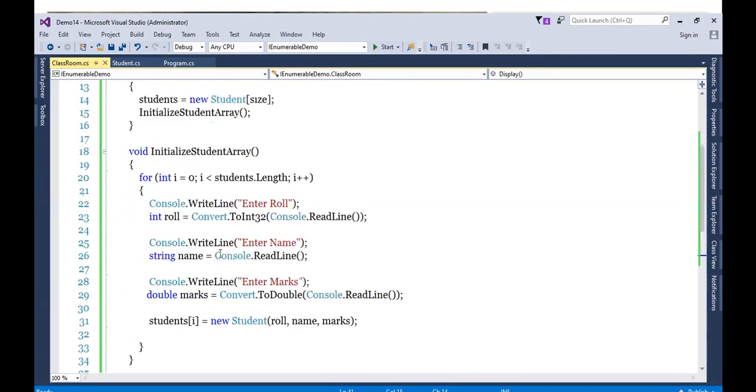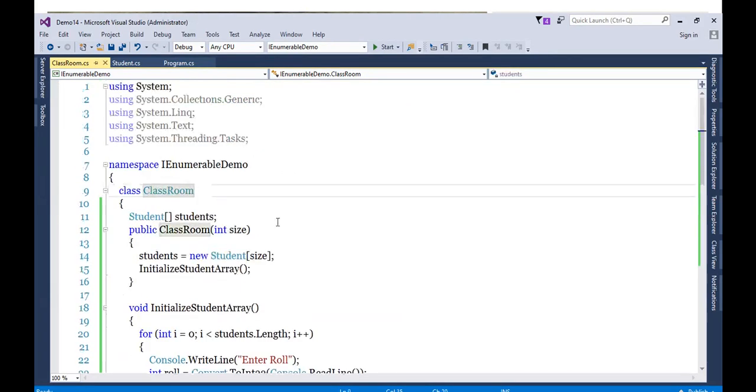But if I hire the IEnumerable interface, it is now IEnumerable's responsibility to go to those public methods, access the members and show them with the help of the classroom class. Is it fine? Yes.